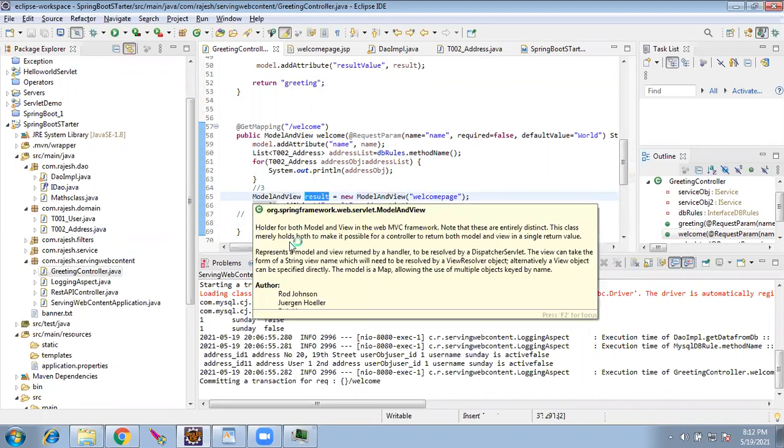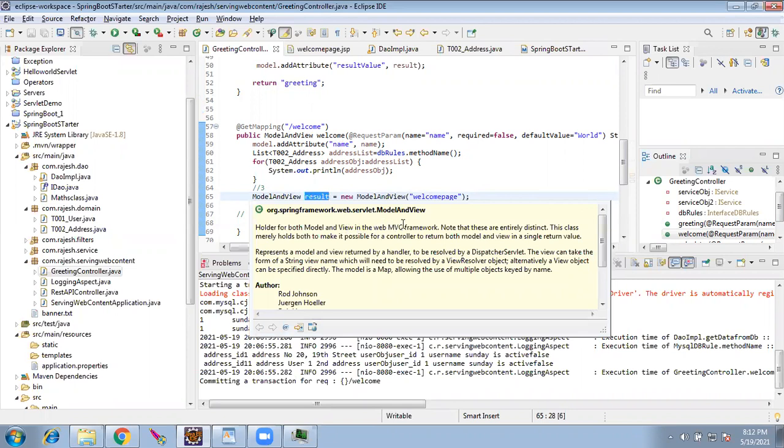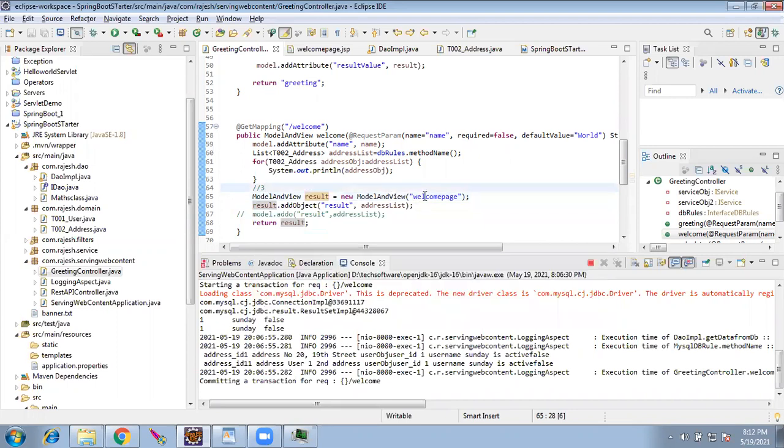This is a holder for both model and view in the Web MVC framework. Note that these are entirely distinct. This class merely holds both to make it possible for a controller to return both model and view in a single value.